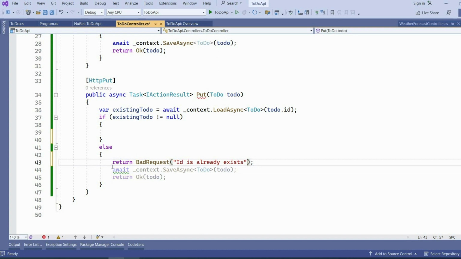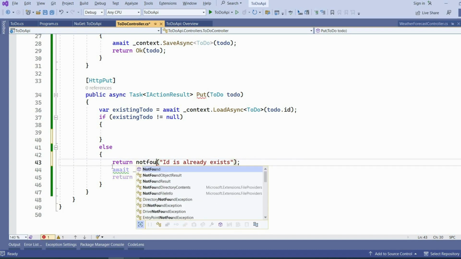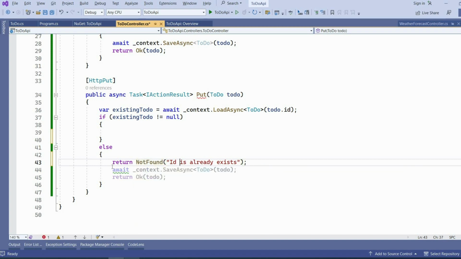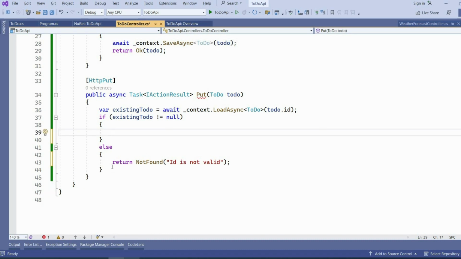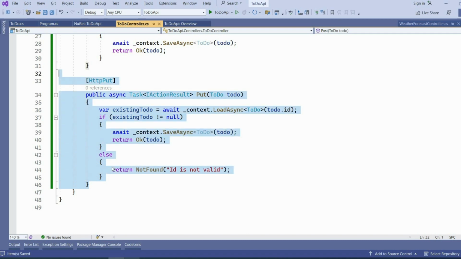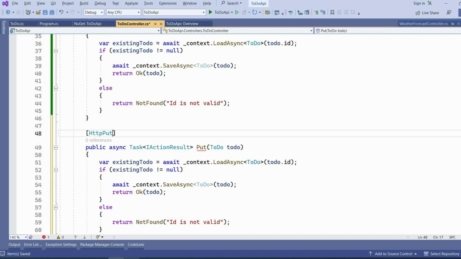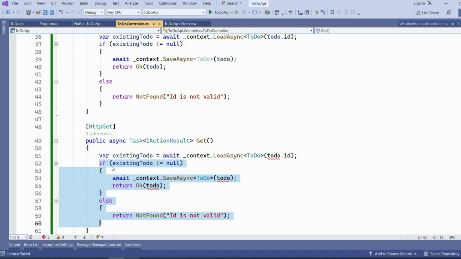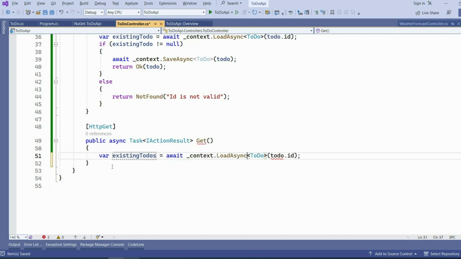So if it does not exist, then we can just return not found. ID is not valid. If it exists, then we can just update that. And for save as well, we just need to do the same thing, SaveAsync. After that, we will create a get method to get all. There will be no input parameter here, and we will just get the existing ToDos,